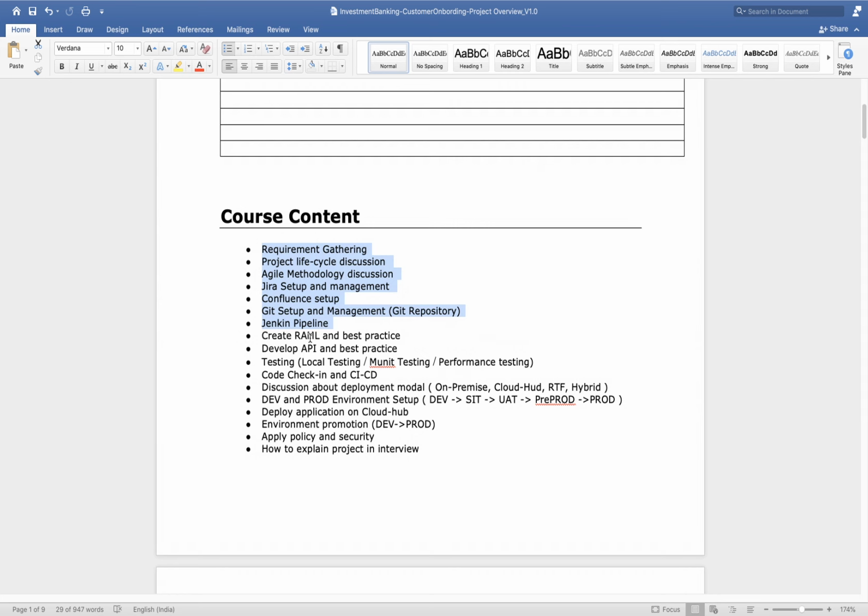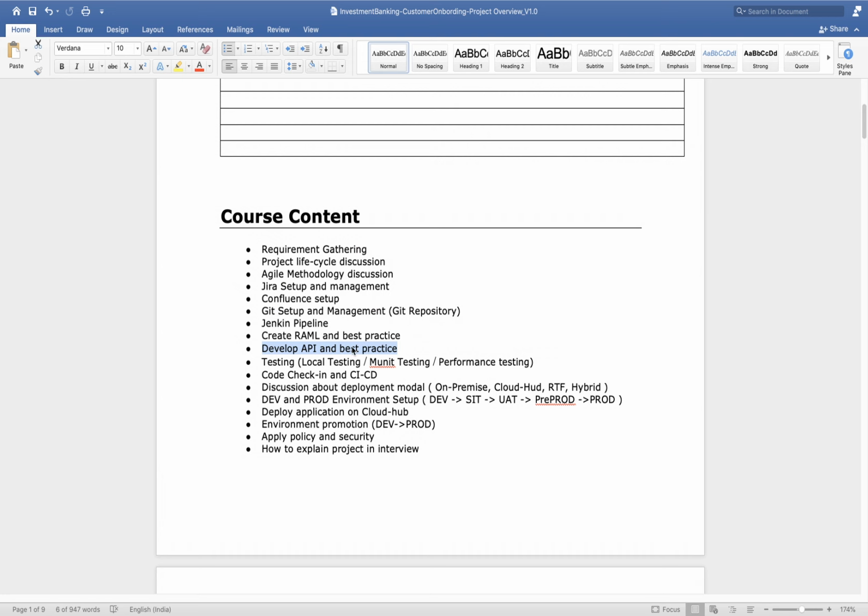If it fits all their requirements, they will give you feedback. It can be positive or negative. If something is not as per their expectation, they will give you negative feedback. If everything meets their expectations, they will give you positive feedback. Based on the feedback, either you will go for implementation or you will go through the same cycle again. That means you need to update your RAML, publish it on Exchange again, and ask the BA people or stakeholder to validate. Once we complete this RAML development, we will go for the actual implementation of our API.